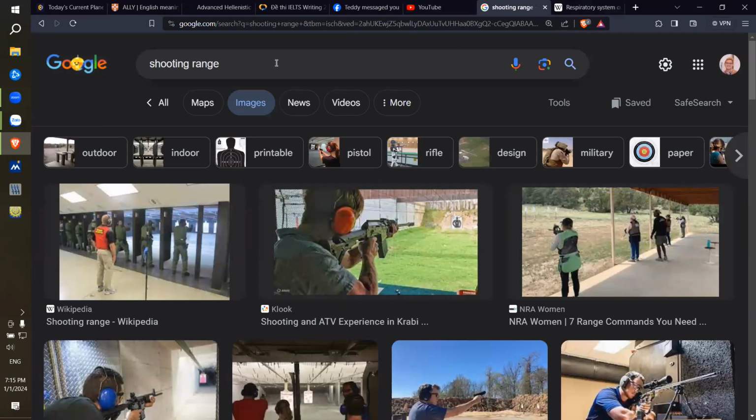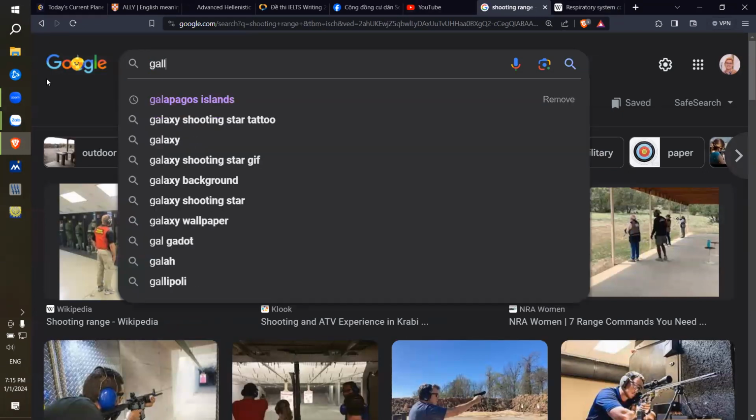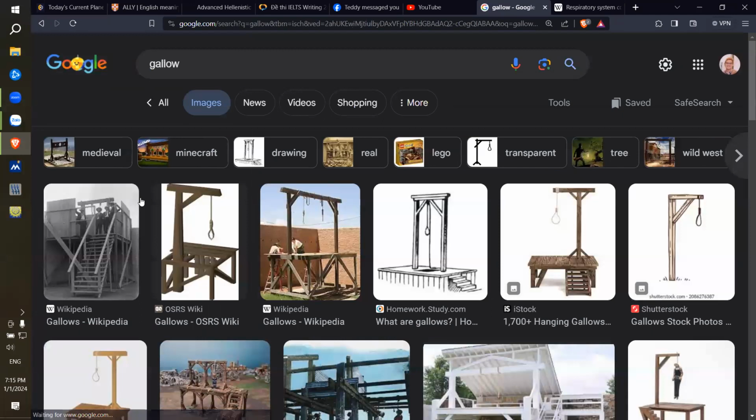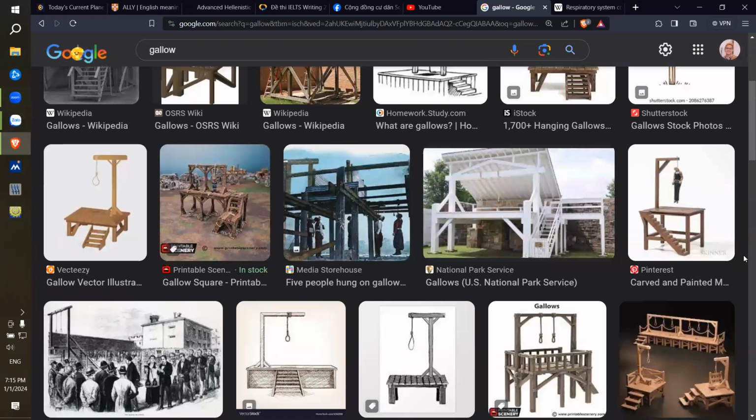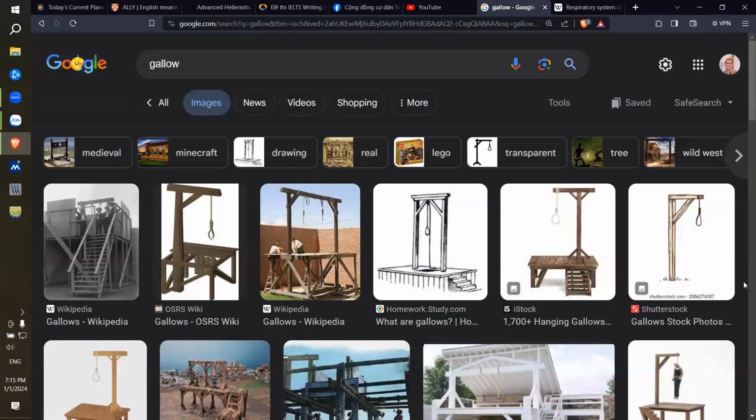Scary. Or there's a gallows. You don't know what it is. No. Gallows is these things. Well, gallows was a way used a lot in the past to kill people. And so basically the person being hanged, they don't die immediately. They die slowly within like 1 or 2 minutes, okay?